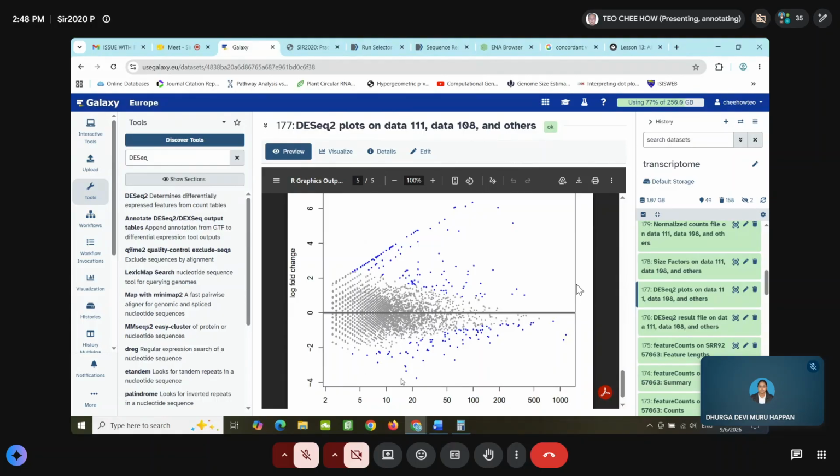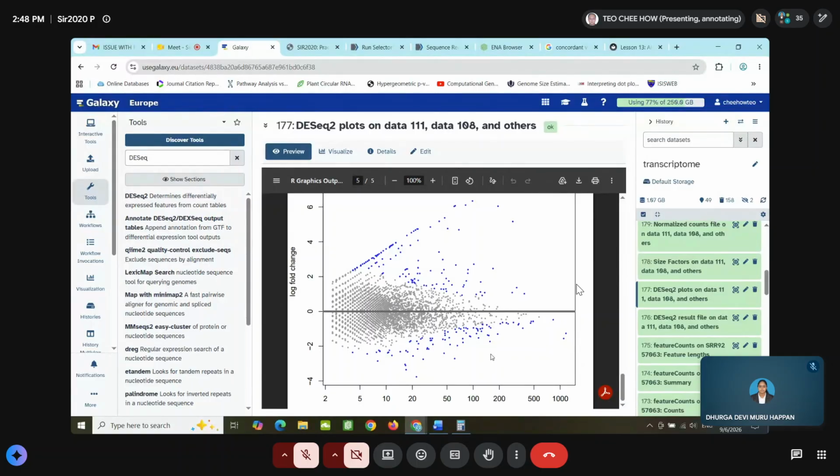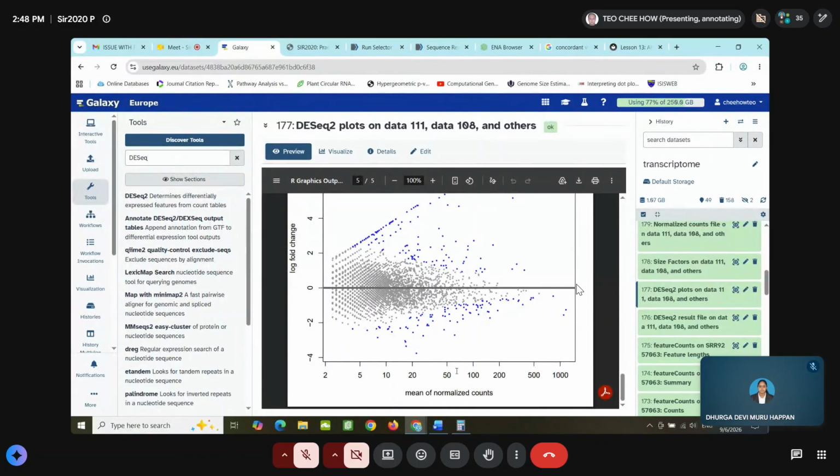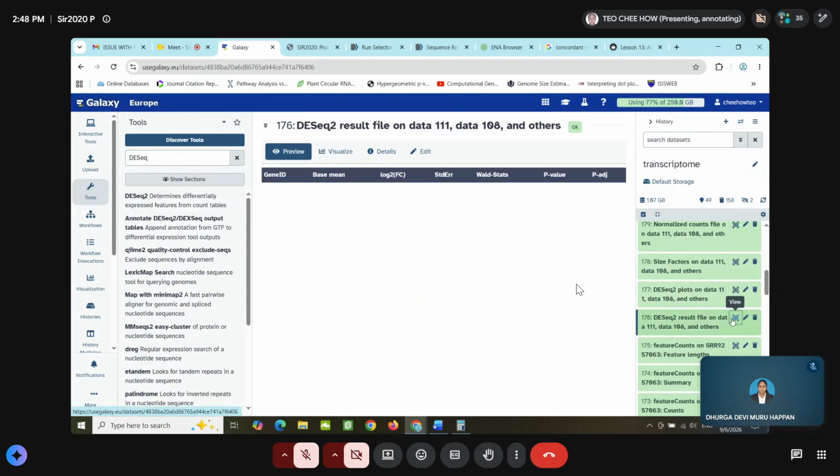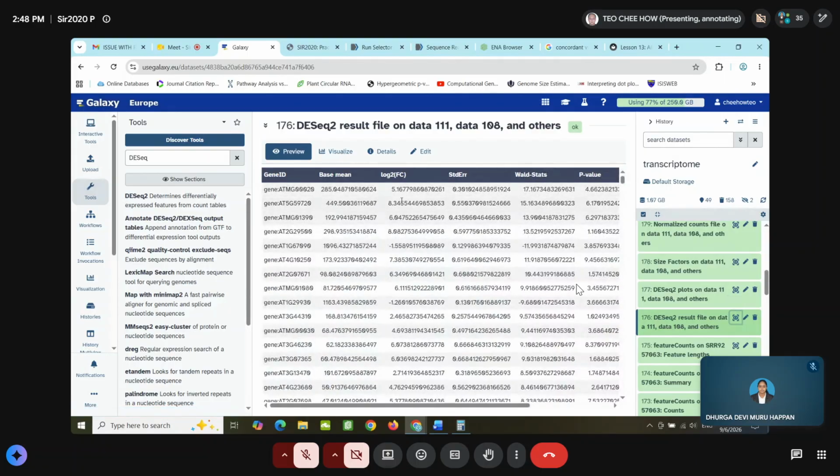Those below are the downregulated genes. From the data set here, we will be able to know which one is up and which one is down.